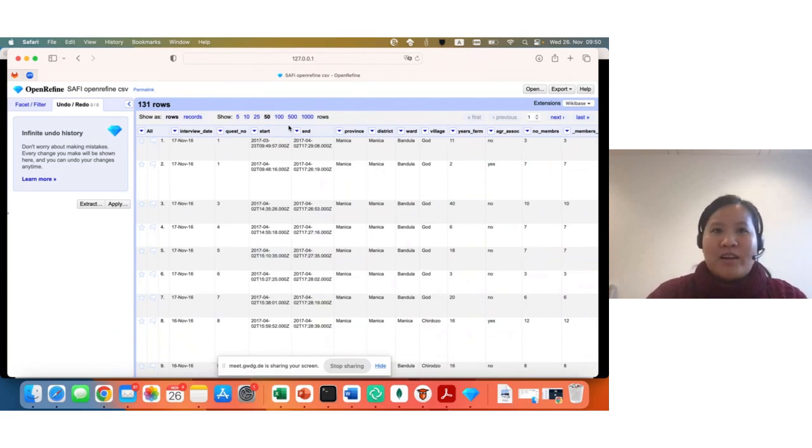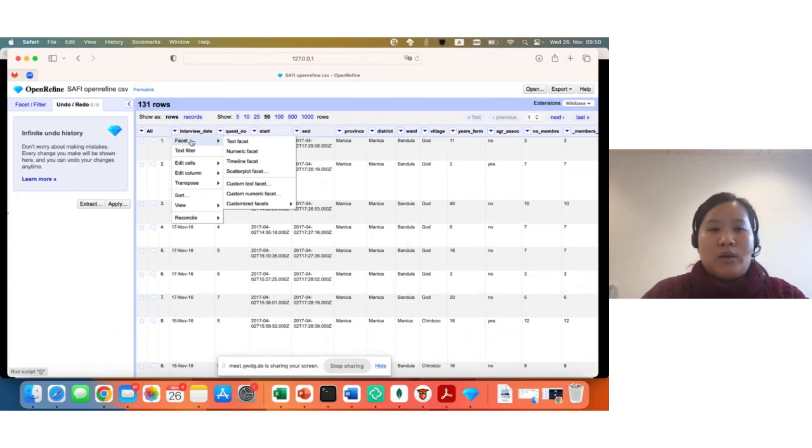In each column, you can see that there's a down arrow, this arrow. We will always come back to this arrow because it is where you can find most of the features of OpenRefine, and we will practice the common ones, the ones that are important. So the first feature I want to introduce is facet. It is also, for me, one of the most useful